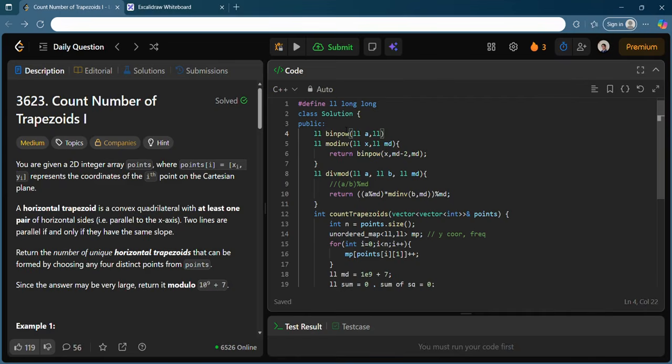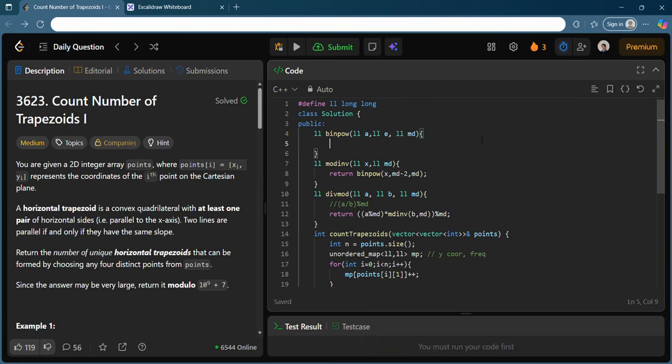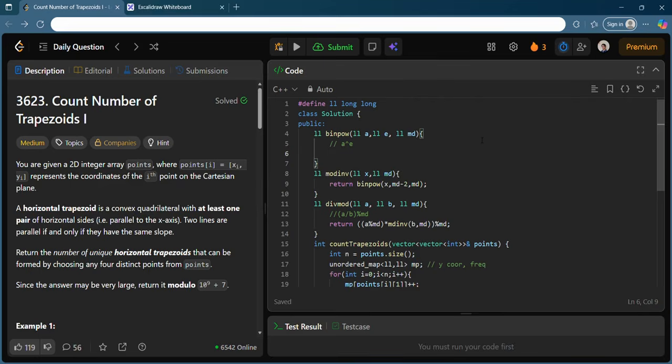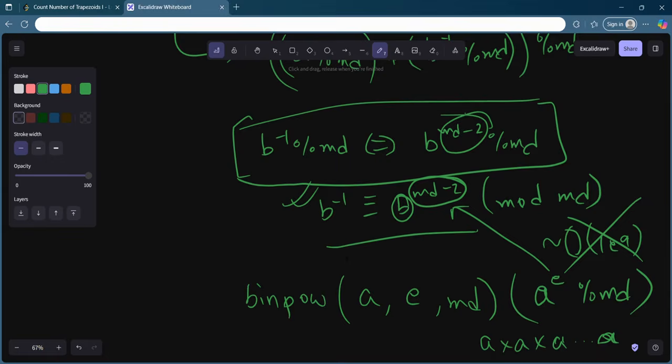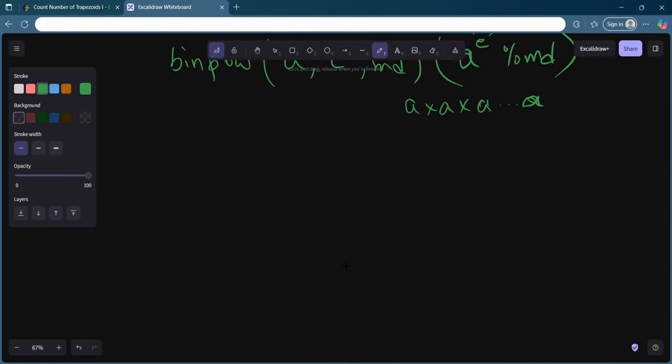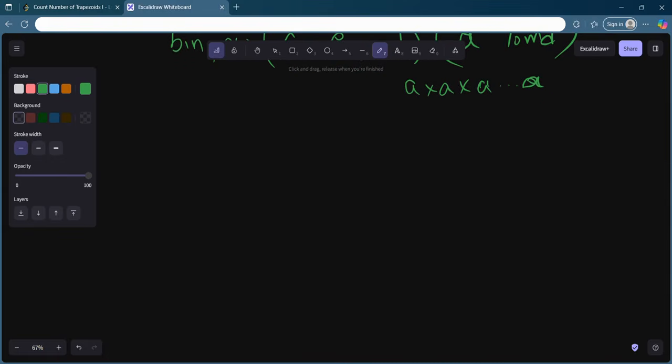So I will write a separate bin pow function which will just take a and an exponent e, and it will also take mod, and it is going to calculate the value of a to the power e, and it will try to calculate in a fast manner. Because we don't have time for that. So how do you calculate it very fast without using a loop? You cannot multiply a e times. So